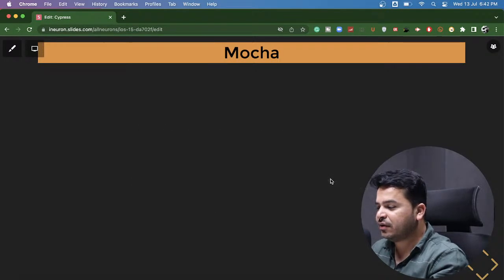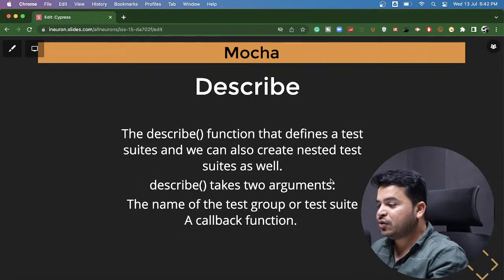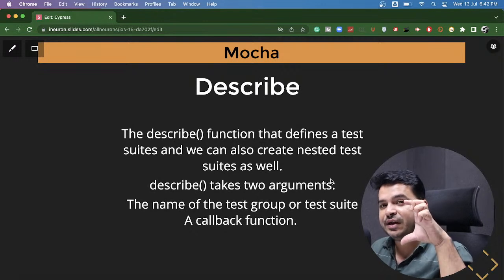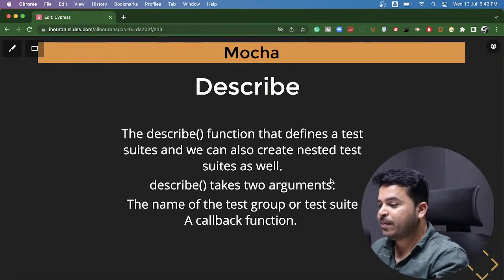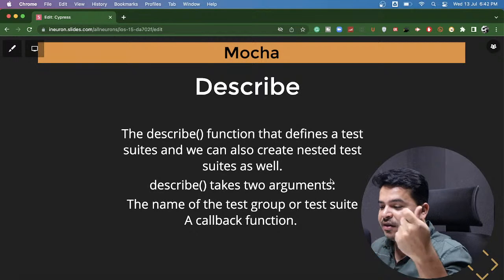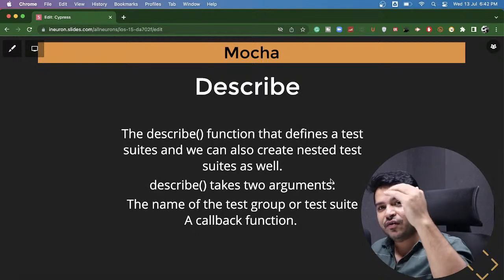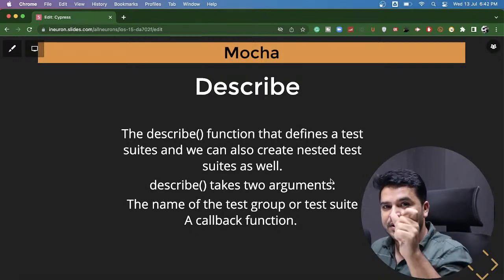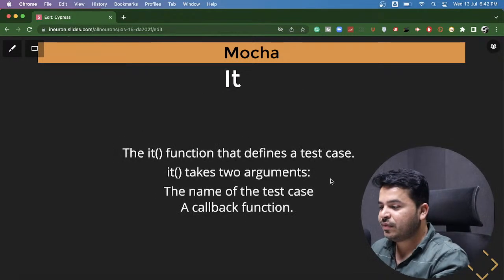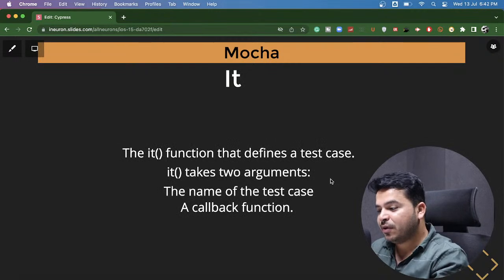This is just what I discussed. Now this is what we did yesterday. I have written a describe function, right, which is a block which was representing our test suite. So this describe takes 2 arguments. One is nothing but a string, which is actually the test suite name, and the second takes the callback function where you can write multiple test cases. So string, then callback function where you will be writing multiple test cases, and the it function, which is the it block again,